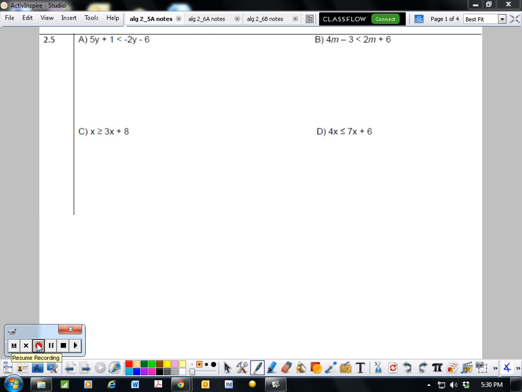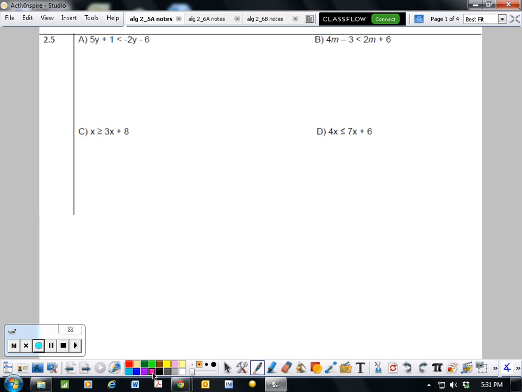Okay, so we're back to solving inequalities. This time we're going to have our variables on both sides. So just like if we're solving an equation, you'd want to move your variables to the same side. And because with inequalities, for graphing purposes, it's easier to have it on the left-hand side, we're always going to move from the right to the left. So we may end up with some negative variables, but it's easier to deal with that than having to flip